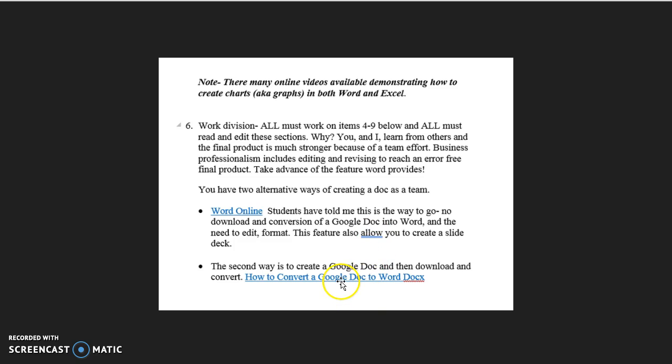You may have used Google Docs on team projects before. Well, students discovered Word Online, and I kind of would say try that first. Basically, it's everything Google Docs does. You can jointly create a PowerPoint together. You can jointly create a Word document together. And the problem with Google Docs, if you've used it, is that downloading and formatting into Word just doesn't work. Businesses don't use Google Docs.